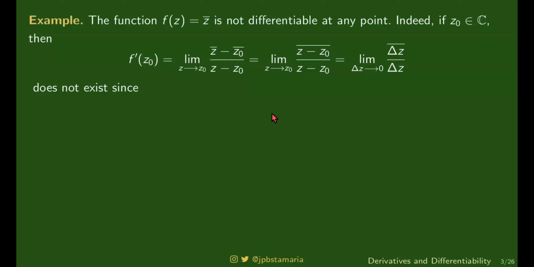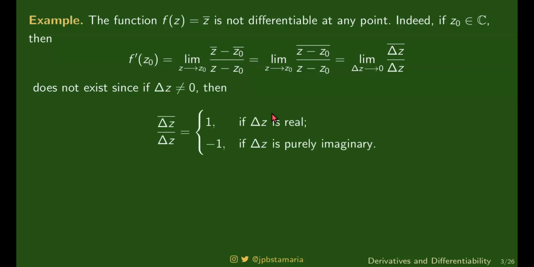If you replace z here by delta z, you see that that is exactly the same limit as before. Again, to reiterate, why does this limit not exist? Ayan yung reason. Kasi nga yung delta z bar over delta z ay may value na 1 kung si delta z ay real at may value naman na negative 1 kung si delta z ay purely imaginary. Just like before. Kaya hindi mo mapopoint out ang limit. Kumbaga, on a neighborhood of 0, may value yung function mo na 1, may value na negative 1, somewhere else maybe different na naman yung value. Did you understand? Yun yung ating idea.